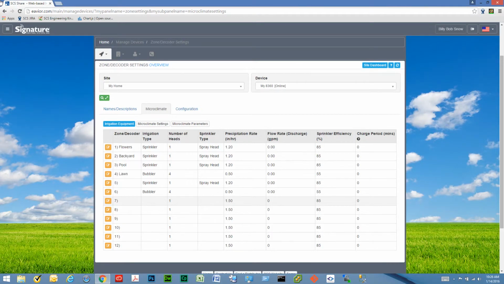Hello, today I'm going to go over microclimate setup in SCS Share. Microclimate setup is divided into three sections: the irrigation equipment, microclimate settings, and microclimate parameters. Irrigation equipment and microclimate settings are set up by the user, and then SCS Share uses that information to calculate